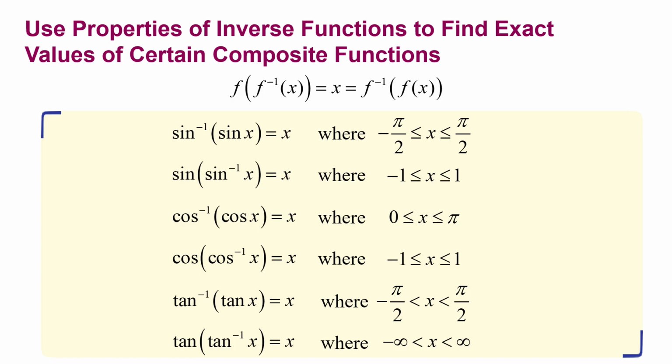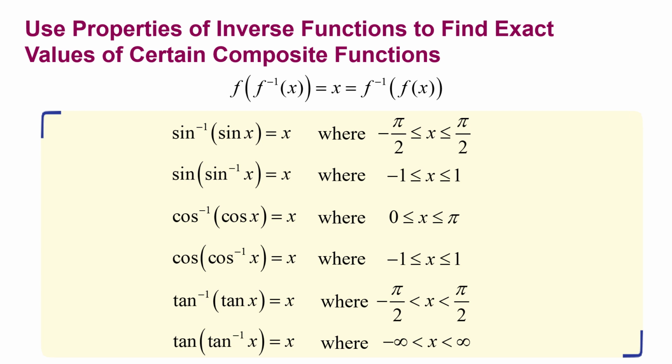In this video, we're going to use properties of inverse functions to find exact values of certain composite functions. First, let's recall that when we compose a function and its inverse, they undo each other. And using function notation, we can write this in the following manner. We can say f composed with f inverse of x equals x for all x in the domain of f inverse, and we can write f inverse composed with f of x equals x for all x in the domain